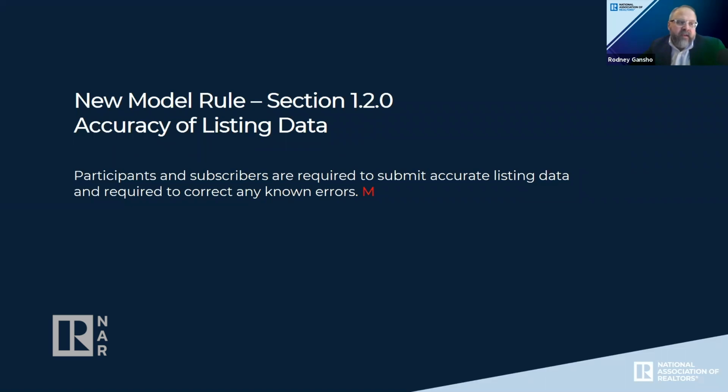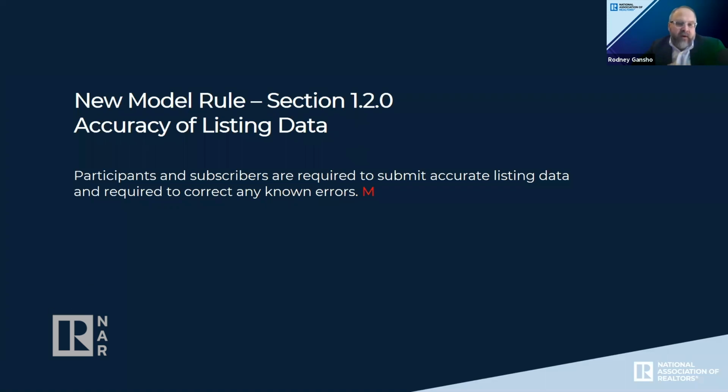And the one thing that this group did through their deliberations was they really tried to narrow it down as to who were the key stakeholders in the industry and what were their needs and how were those needs satisfied by multiple listing services. And this will come as no shock to anybody on this webinar, but it boils down primarily to data. The most important thing that the MLS does and provides to the various stakeholders in the industry is providing the most accurate and the most complete data. So you'll see a theme through a number of these policies and these rules, this one in particular, that talks about creating accurate information and complete information.